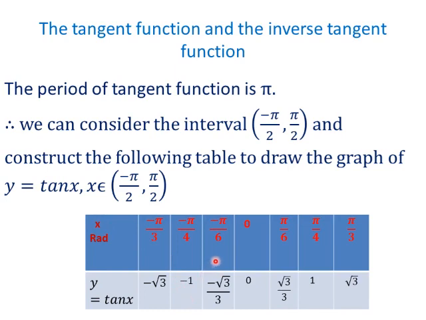Then minus 30 we have here. Tan of minus 30 is minus tan 30. So you'll get minus 1 by root 3. 1 by root 3, you can multiply and divide by root 3. So like this you'll get minus root 3 by 3. When we replace x by 0, tan 0 is 0. Then tan 30 is 1 by root 3, you can write or root 3 by 3. Tan 45 is 1. Tan 60 is root 3.